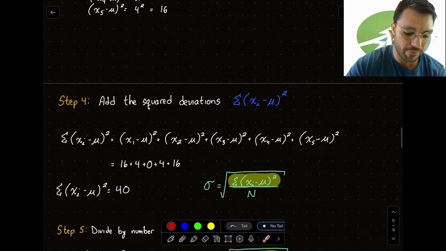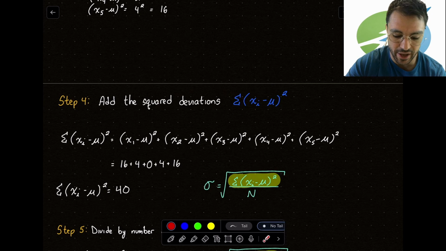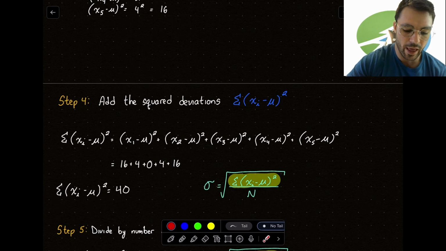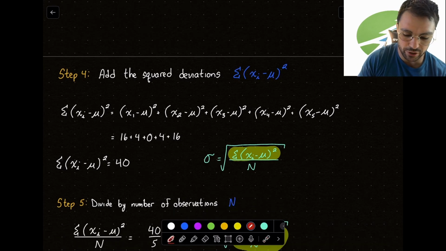All right. Step 4. Add the square deviations. Now, this is the part where we include our summation notation. I believe capital letter sigma. Okay. And just like last time, I'm just going to draw a little line to show you what corresponds to